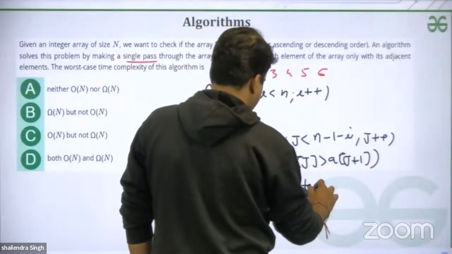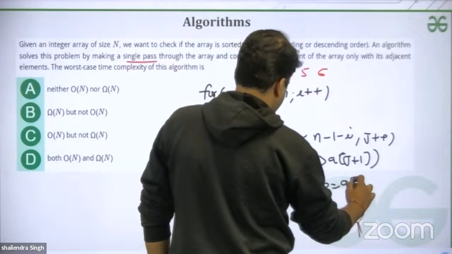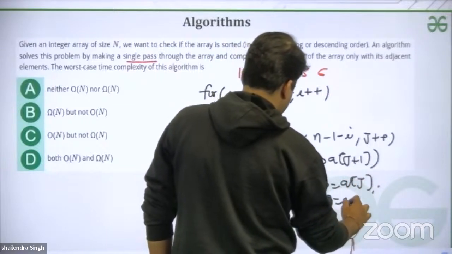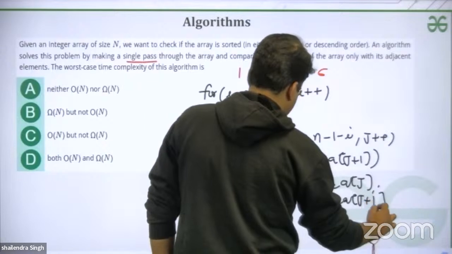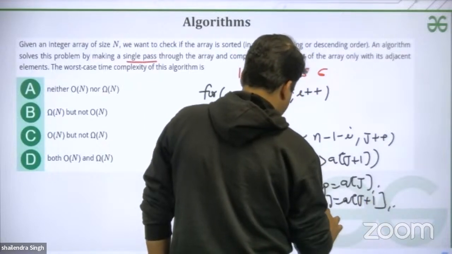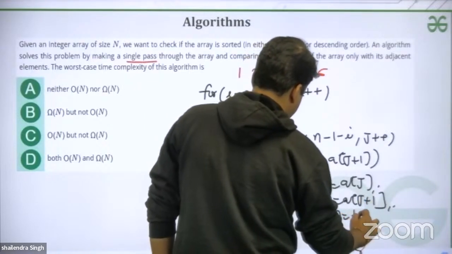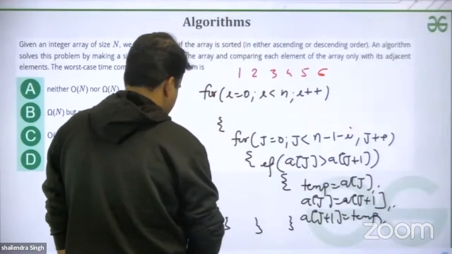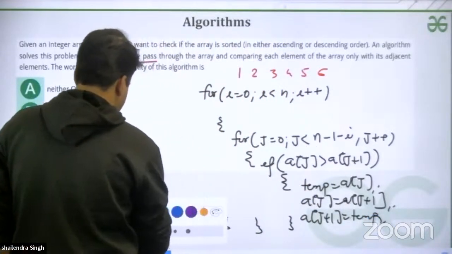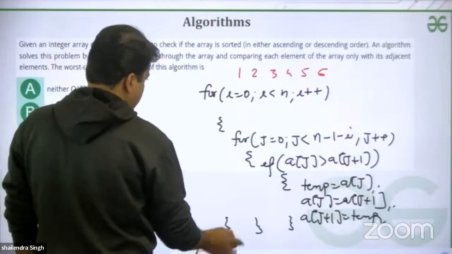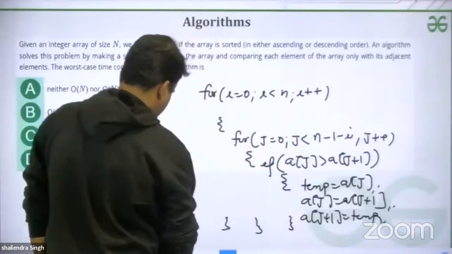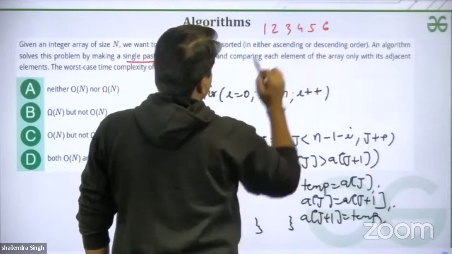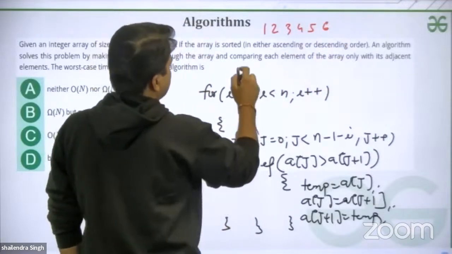Then temporary variable temp equals to aj, aj equals to aj plus 1, and aj plus 1 equals to temp. So in this case, whether this array is sorted or not sorted in a single pass,